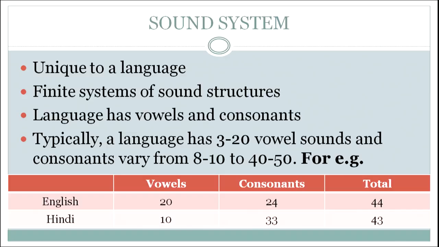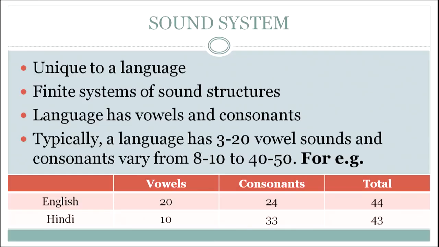So when we talk about these sound structures, we talk about two components. One is vowels and the other is consonants. Any language has both these components. It has vowels and it has consonants. So typically a language will have 3 vowel sounds to 20 vowel sounds. It ranges from 3 to 20, and consonants vary from either 8 to 10 or from 40 to 50. You all are aware about